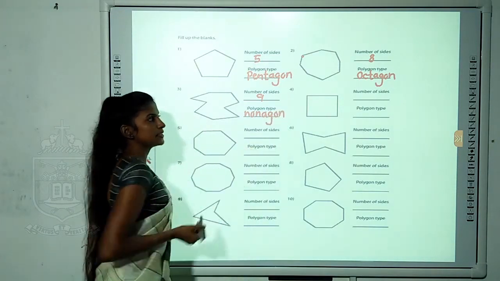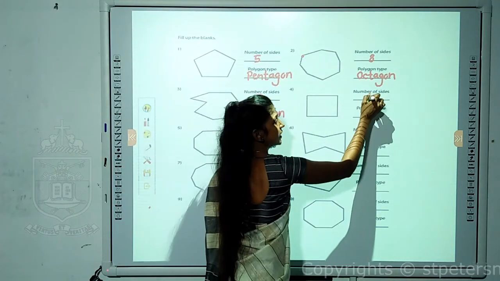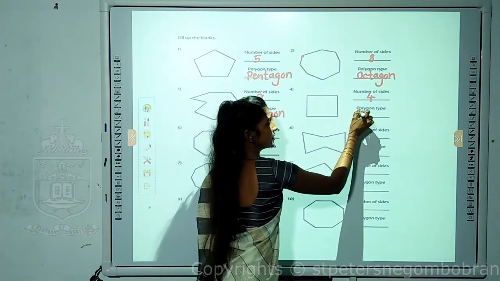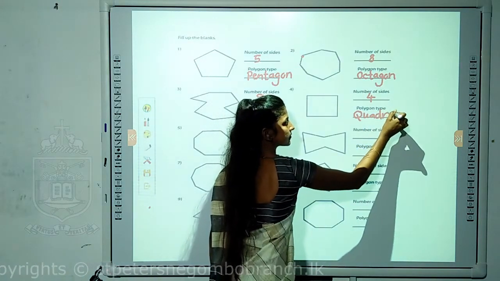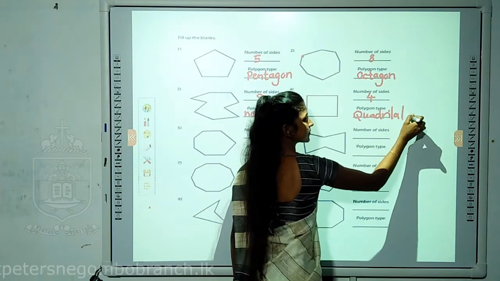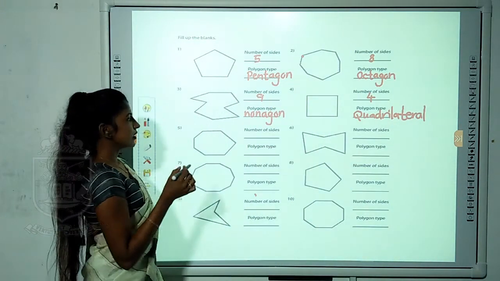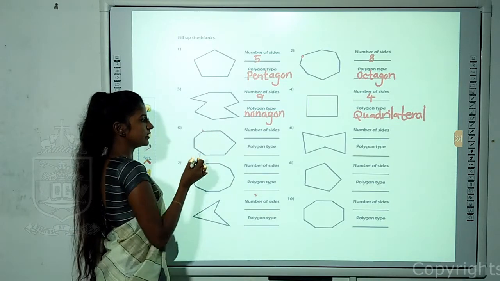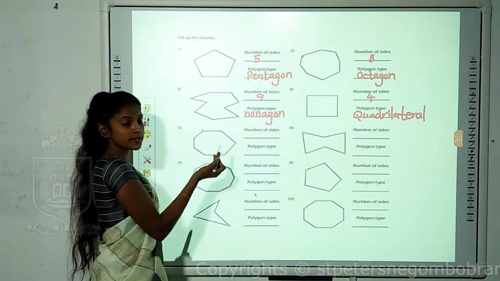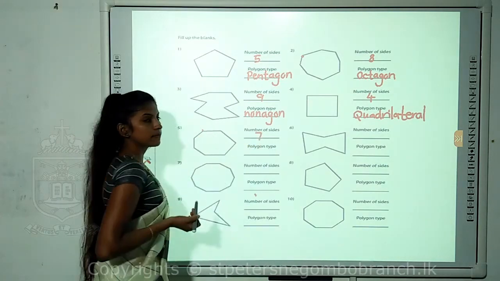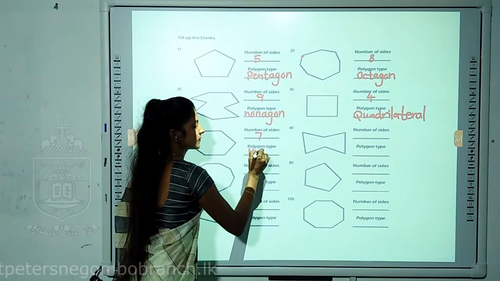So, likewise, we can continue the activity. Fourth one, you all can see 4 sides are there. So, what's the special name given? It's a quadrilateral. Right. Here also, you all have to count. So, let's start from one vertex. 1, 2, 3, 4, 5, 6, 7 sides are there. 7 sides are there. So, what's the special name? That's a heptagon.